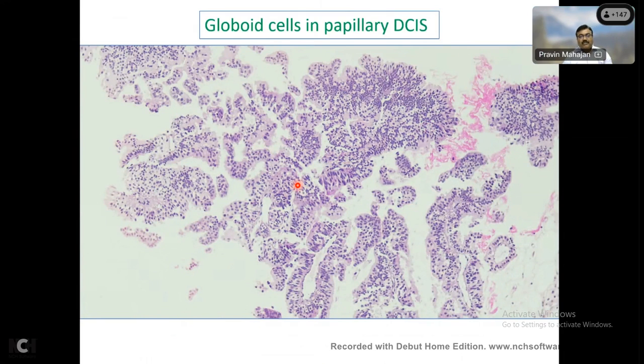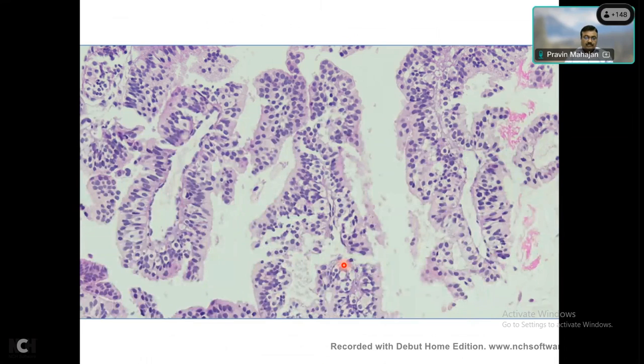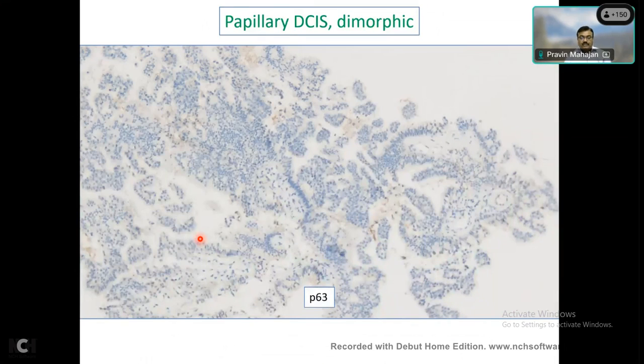This is another example of globoid cells in a papillary DCIS, wherein you can see that there are many of these clear cells within this papillae. On the higher power, you can start to see so many of these clear cells, which are actually towards the stromal side of this papilla, and definitely you will confuse it for myoepithelial cells. But if you do a P63 or CK5-6, you will note that those cells do not mark as myoepithelial cells,